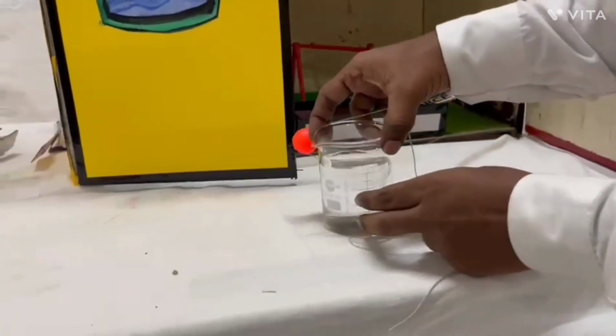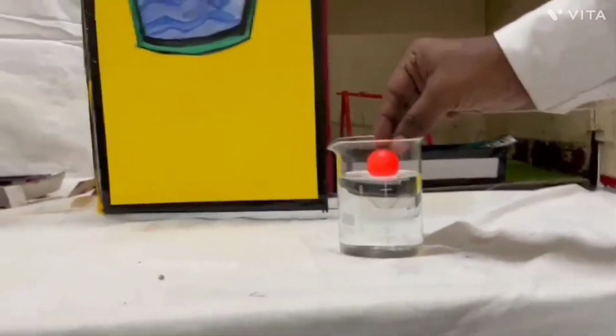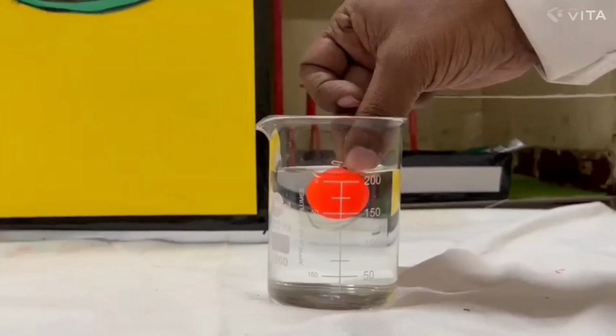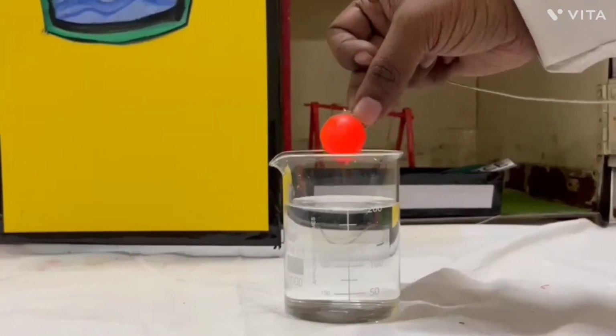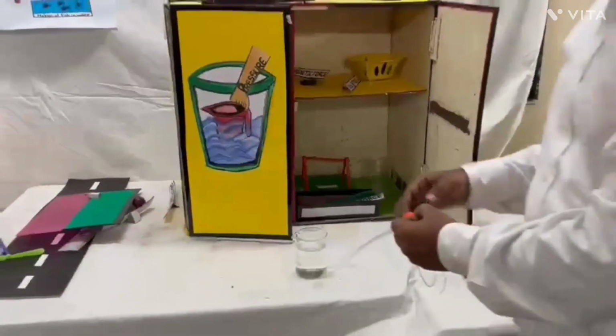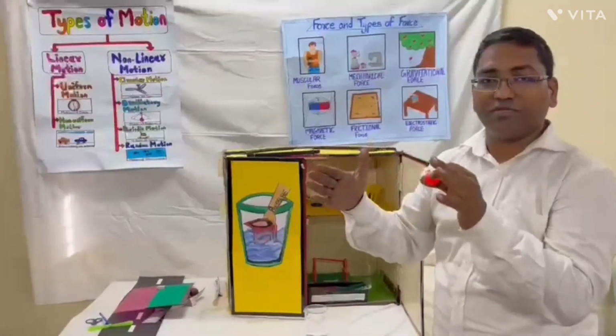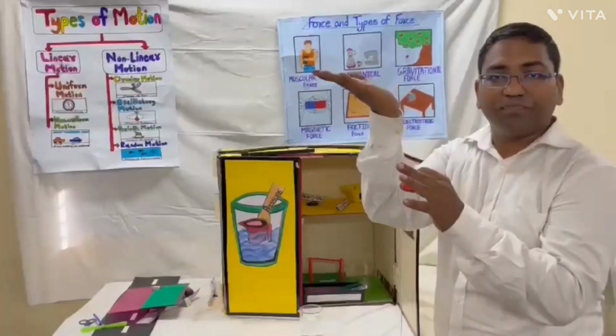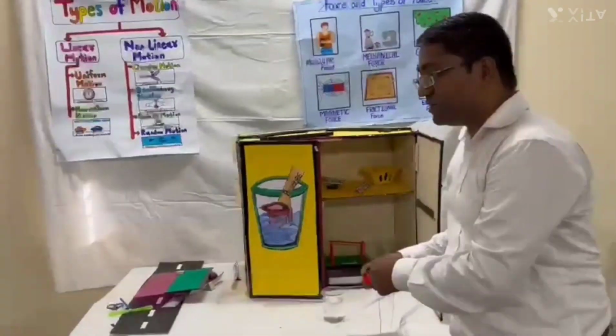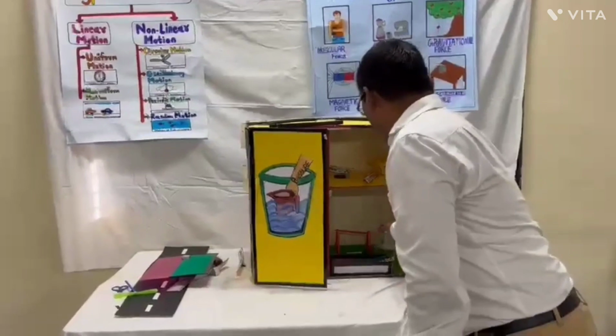You can see over here. As I dip it inside, the water level rises a little bit. And as soon as I remove it, again it goes back to the normal position. So by this, they can understand pressure. The ball exerts some pressure on the water surface, and that much water gets lifted up. So by small activities, we understand the concept of pressure.